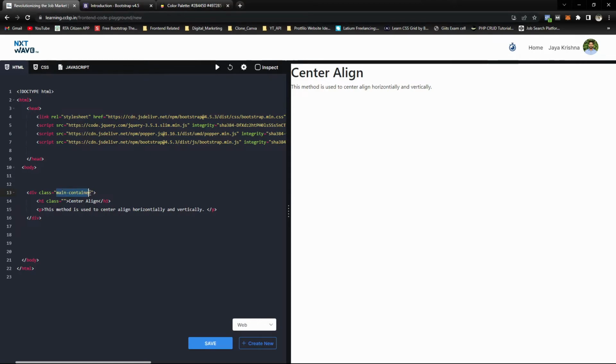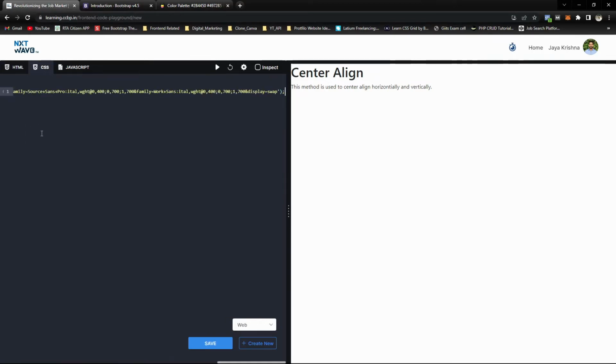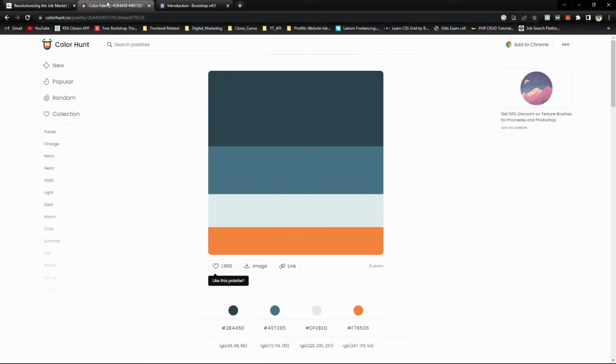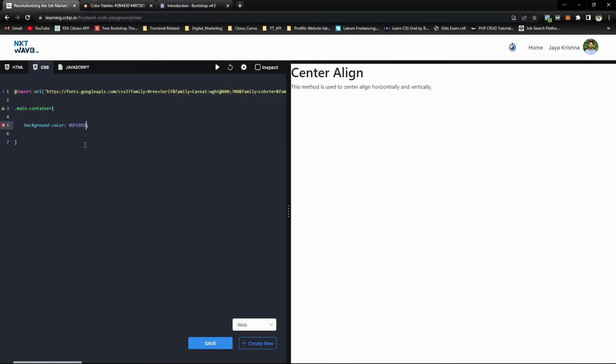Now I will give the background color and all those to this. First of all, the background color. Right now I will take the colors from this. And then the background color is this one. You see, now the color is this one. Only the colors here, only the content, not the whole page. Let's see how it will change. Now I will do the color code and also